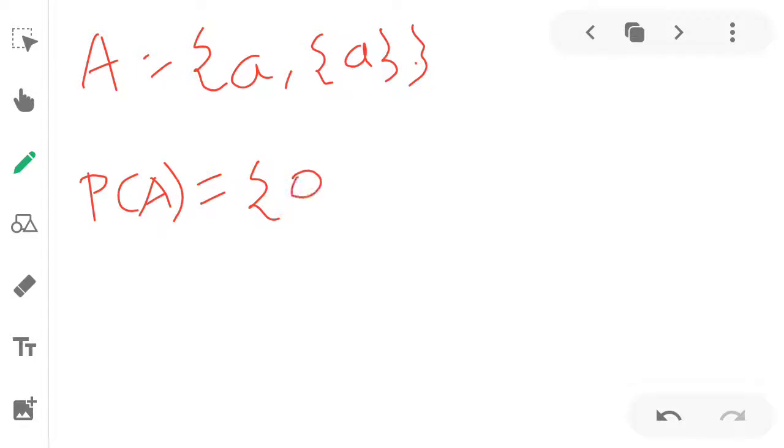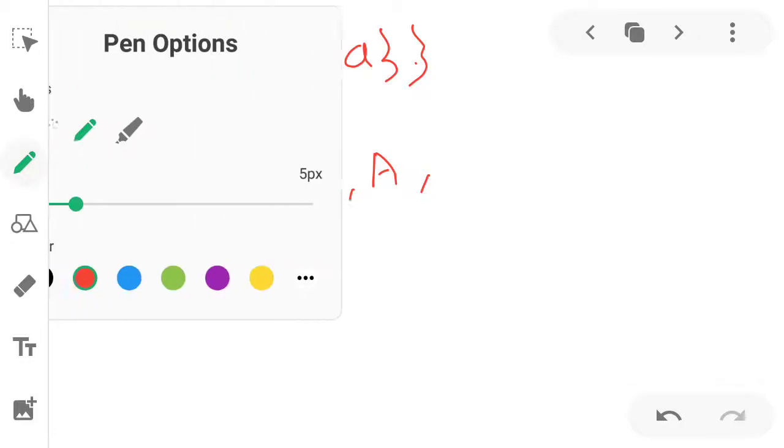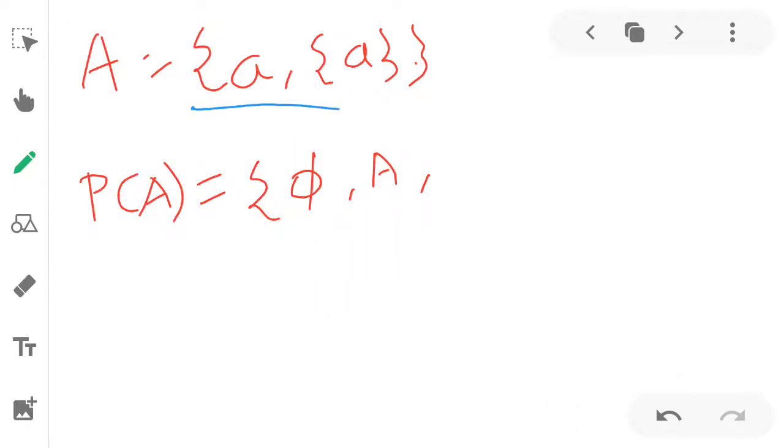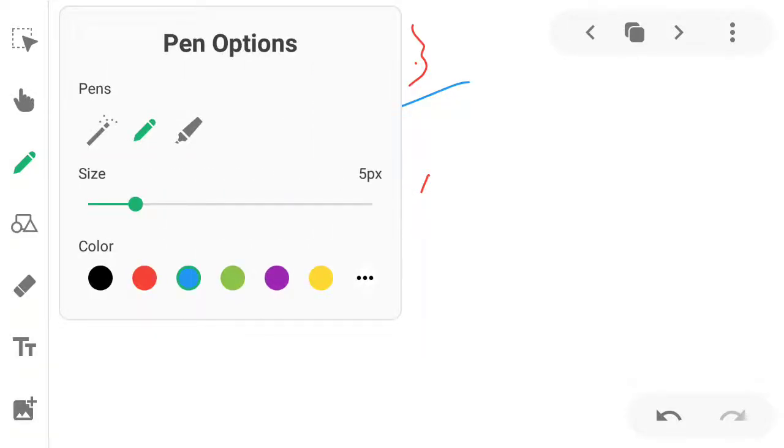As per the definition, there are two standard sets which are subsets of a particular set, that is phi and the set itself, that is A. So I will write A. You can write this whole set shown in the blue line, but I will write it in a short form as A. So these two. Then we have to go for the elements which are present in it.